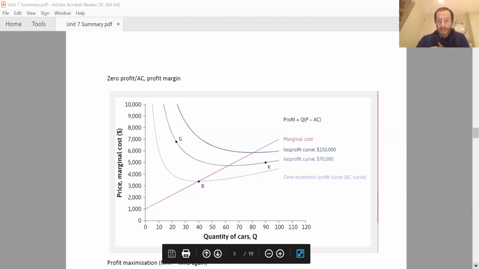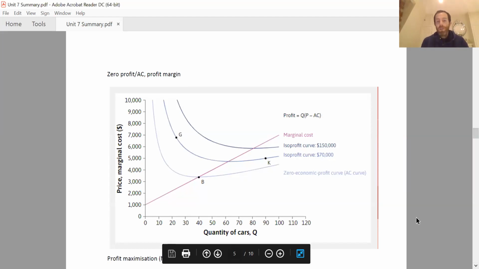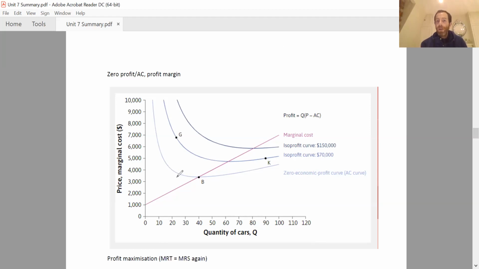Okay, so let me carry on. All right, so as I said, what we're going to do now is think about how a firm chooses its optimum level of output, okay? The condition we're going to use to think about how a firm does that is that we want the firm to be thinking about maximizing profit, right? So if the owners of a firm are rational, that seems like the sensible thing to do: to maximize the level of profit. So in order to figure out the quantity of output where profit will be maximized, let's think